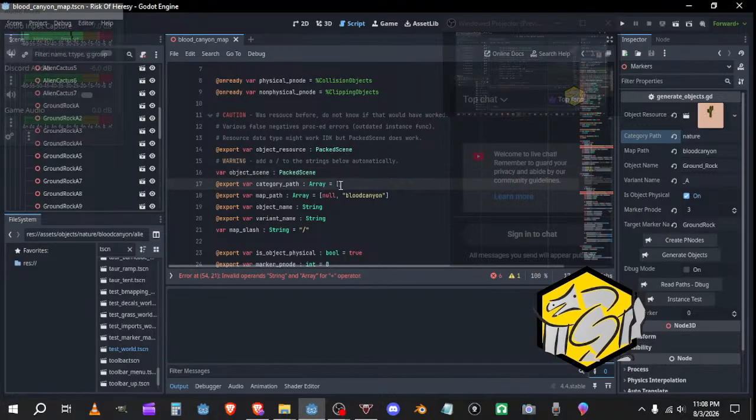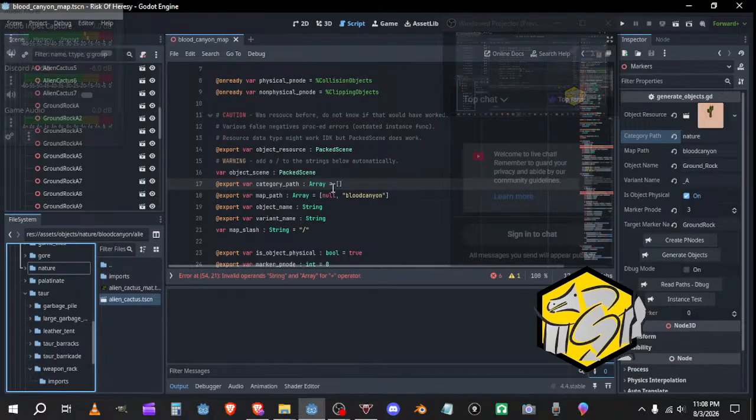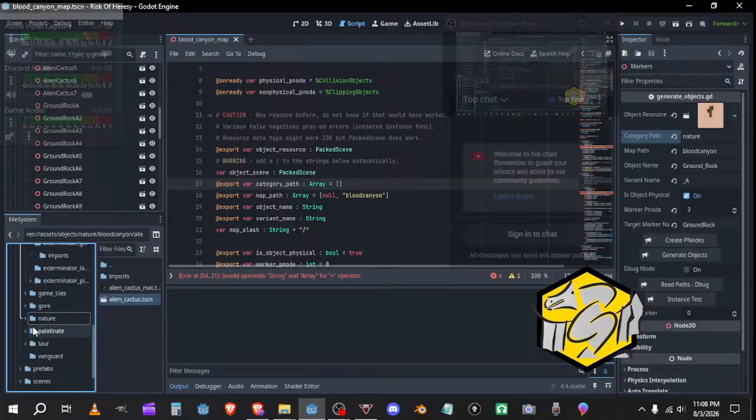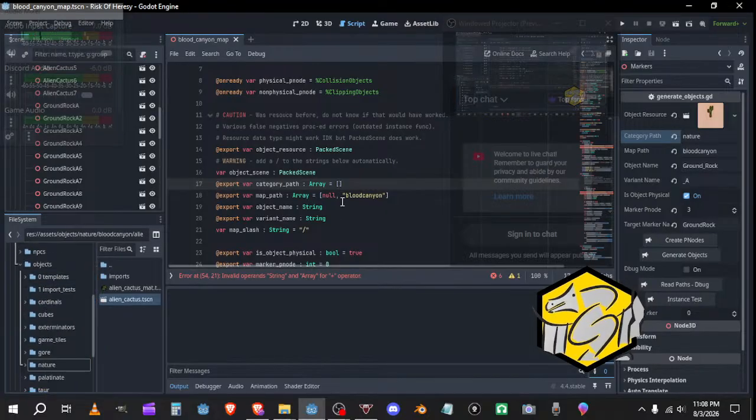Alright, so we have our null value. We got our one map. We can always add it later. You can add it in the script, or I think export array allows you to add an entry whenever you want. Close this out. We'll go by alphabetical order. So we'll have